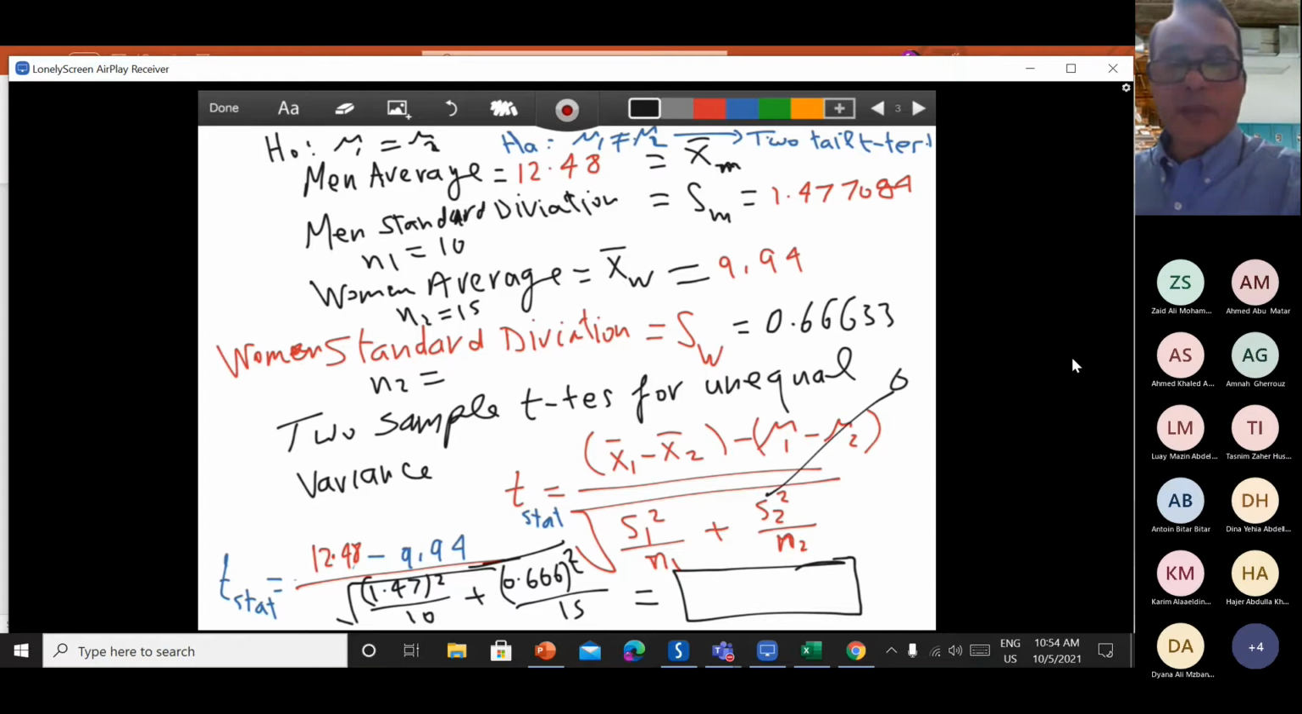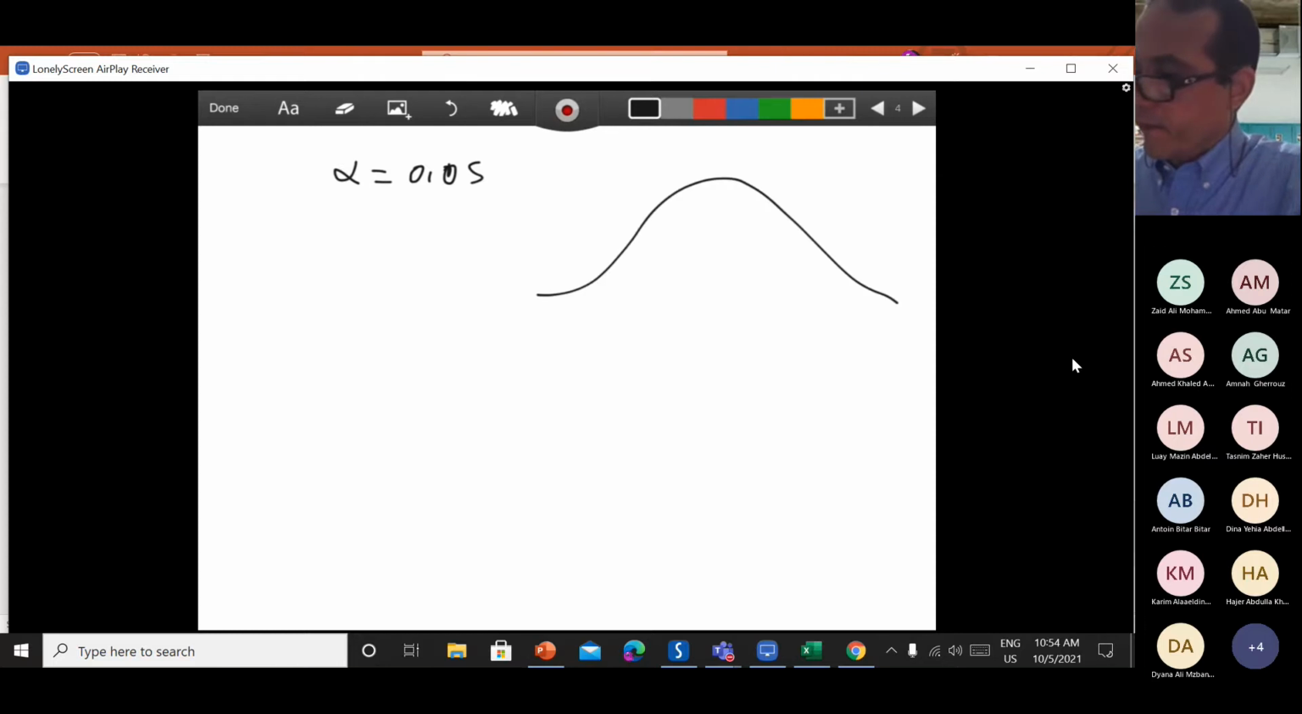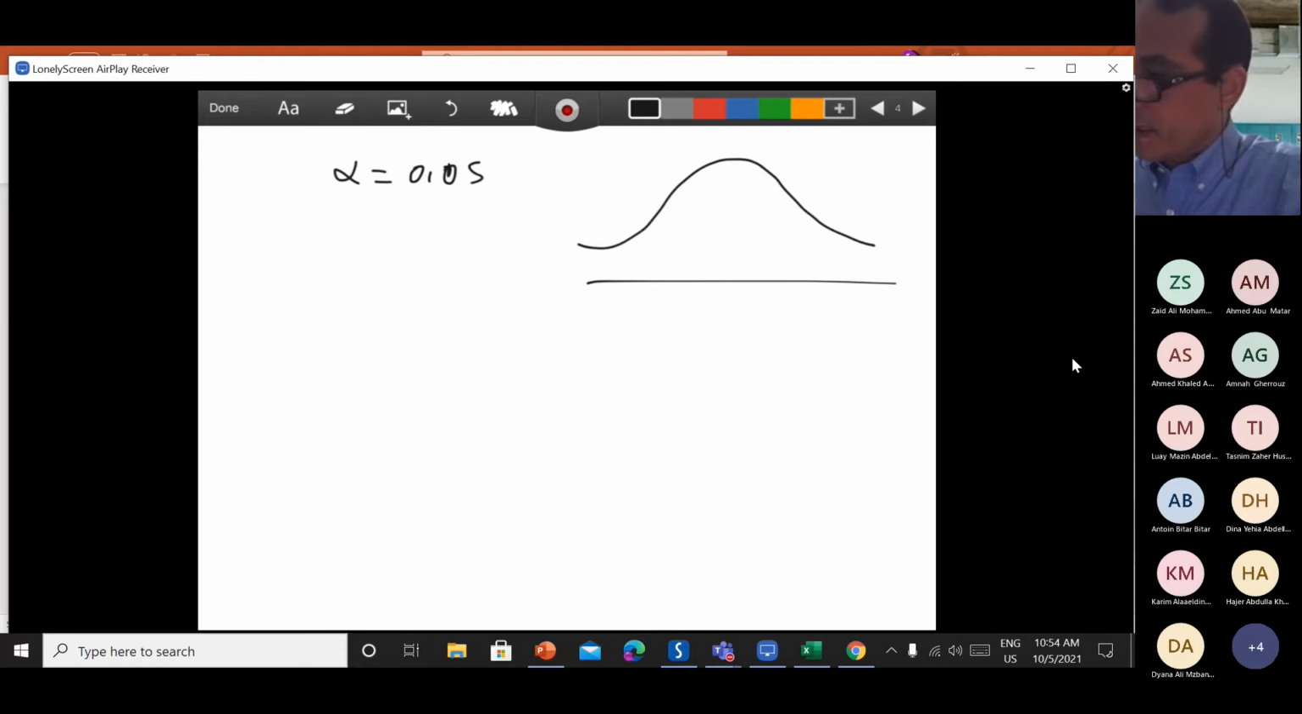You have to practice because in the exam, this shouldn't take more than 1-2 minutes, right? Okay. Now you are given alpha as 0.05. Because you have a two-tailed test, it means your alpha will be cut into two pieces. Alpha over 2 on this side and alpha over 2 this side. Why is it two-tailed? Because